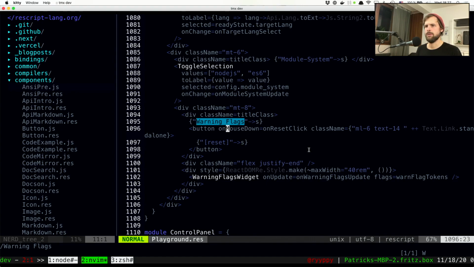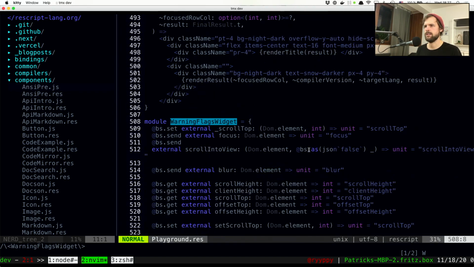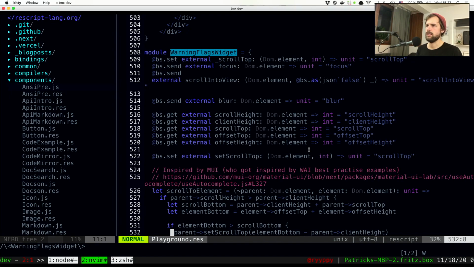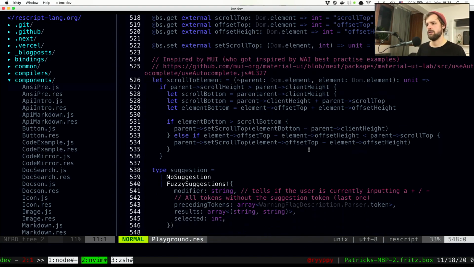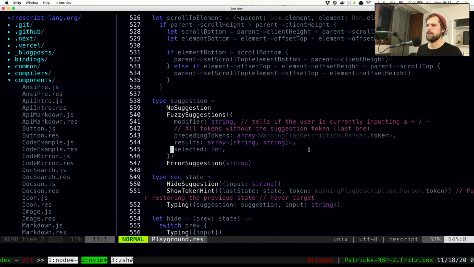Warning flags, button on mouse down on reset click, text standalone reset, and warning flags widget. And this one is the thing where the magic happens. We will probably need to get inspired with this component more often. For instance, we're using blur, or we're using focus, and scroll into view is, I think, not so interesting for our case now. We also don't need the scroll height, client height, because we don't really do any absolute positioning of, how to say, floating pop-up component. It's more like,